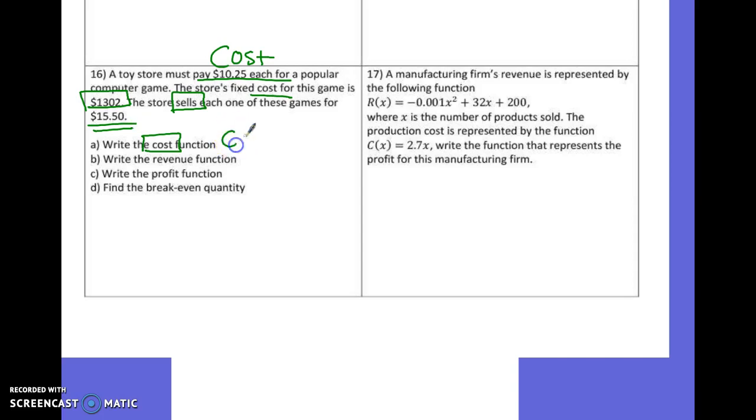So I'm going to do cost. Cost is $10.25 for each game. So I got to have an X on there. And then plus the $13.02 fixed cost. So all of that is our cost function. Revenue, they're going to bring in $15.50